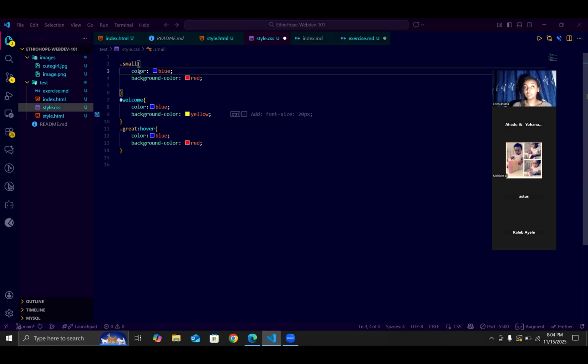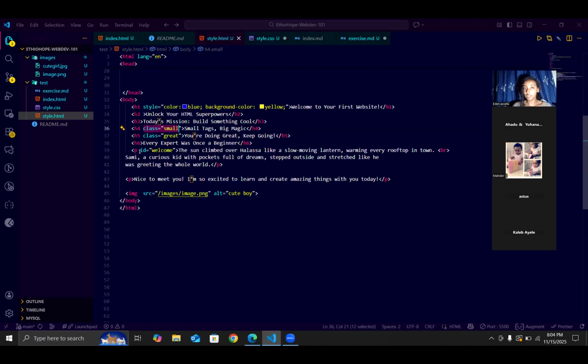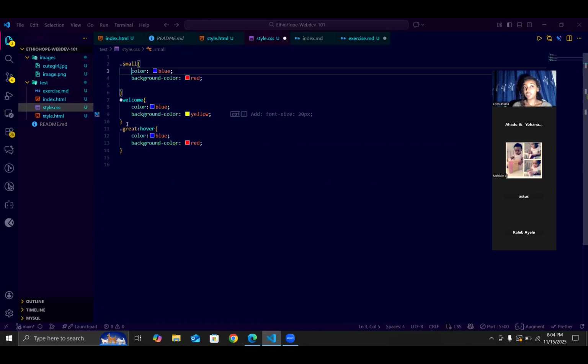If it is an ID, say our paragraph is named through an ID, I use a hashtag before the ID name. Then after I have called that tag with the ID, I will